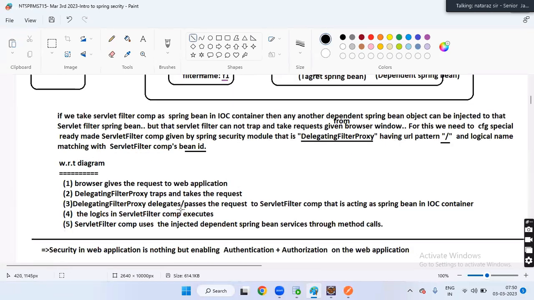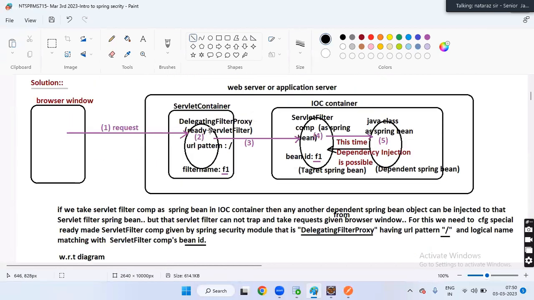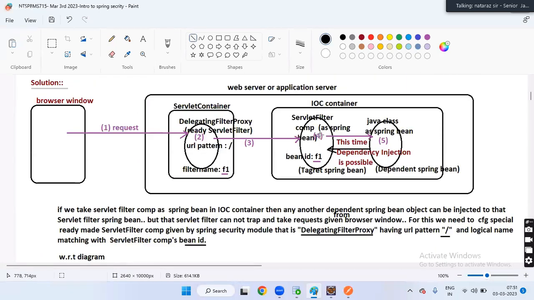With respect to the diagram, all the flows are given. Number 1, the browser gives a request. Number 2, delegating filter proxy traps and takes the request. Number 3, delegating filter proxy delegates or passes the request to the servlet filter component that is acting as a Spring Bean in the IOC container.